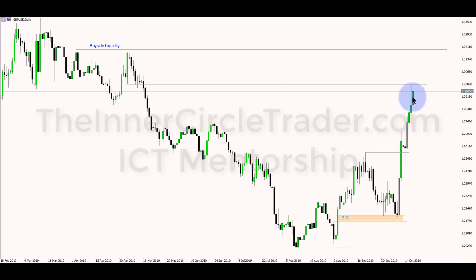This whole run in here, look how efficiently they've taken it up. We had this initial pop here, then a rebalance. What did I just teach you? Immediate rebalance. Price runs here, candle here, comes down, rebalance, immediate. Price runs here, opens here, rebalances to the midpoint of the body. So this has actually been a very efficient run up. This is not inefficient to me.